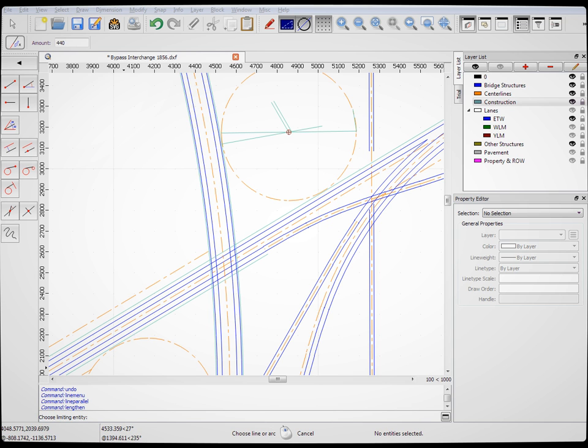Hang on. Yeah, 71.5 feet per second average speed of the ramp